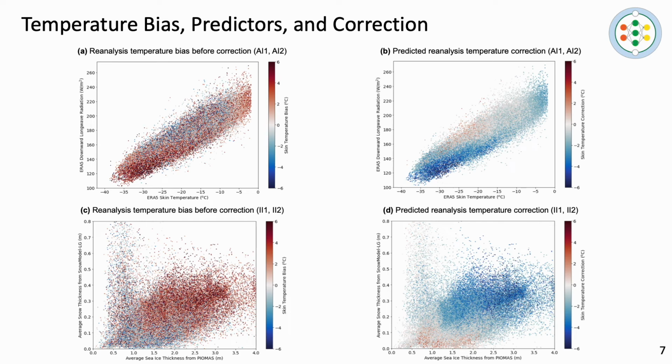Now, the correction factor predicted by the neural network reveals quite good skills. As we can see, the features of the bias are well recognized, and obviously the opposite sign between the two columns indicates that the correction should cancel the bias ideally. Note that the network has been trained on winters from 2010 to 2018, when we have more observations to quantify the bias. And the subset that I'm showing here is randomly selected from a larger sample, which has not been involved in the training of the network, making this a real prediction of the correction.